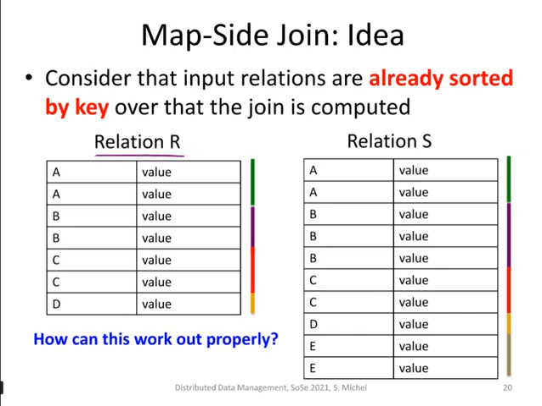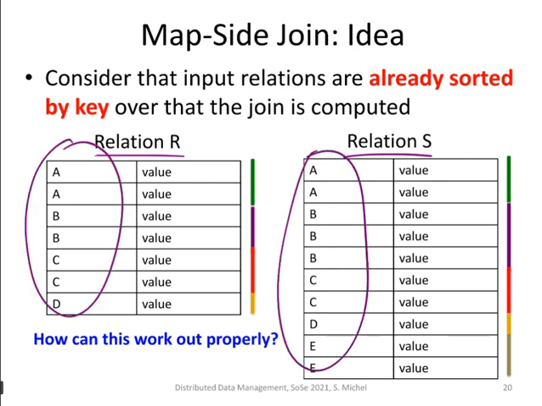So here we have relation R and S, the join keys. And in the merge join, if you remember, we would go now from the top down and make a match between the keys, right? And of course, it's important to notice, if you don't remember that, but I guess you will remember now, if you have duplicates here, which can of course happen, if the attribute has duplicates, then you have to be a bit special careful, because here in this case for A, you have 4 result tuples and not only 2 in case you're implementing the algorithm wrong. But anyway, how can we do this now in MapReduce?